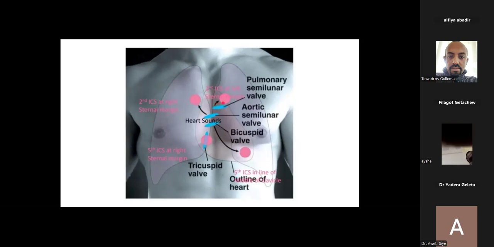And the second one is the pulmonic valve area of auscultation, but the valve, as you can see, is lower down, it is here. So it may not correlate with the exact area of the valve. The heart, as you can see, is a shadow. This is the heart. For example, the mitral, it may surprise you. Mitral is found here, but it's the apical area, it is at the apex, the bicuspid mitral valve auscultation area. And this is the tricuspid area, as you can see, and it is the fourth intercostal space, left parasternal line. So application of the stethoscope is very much important.